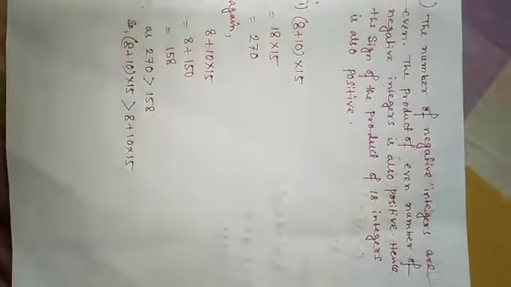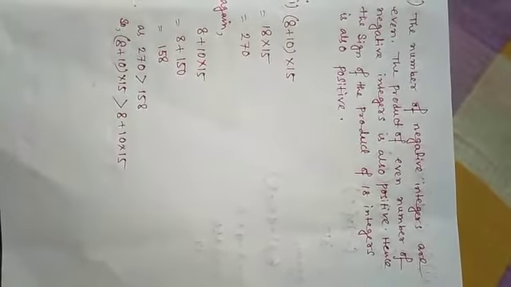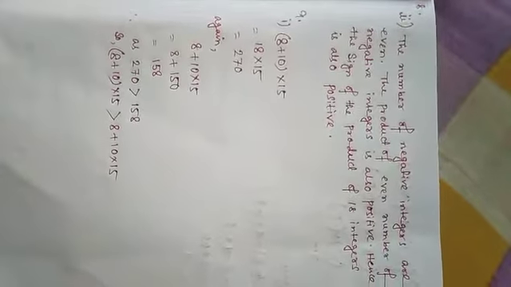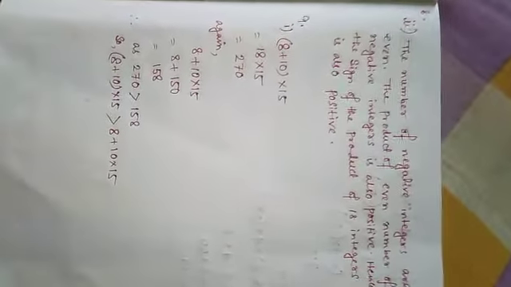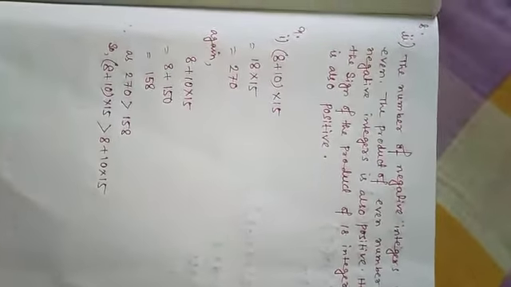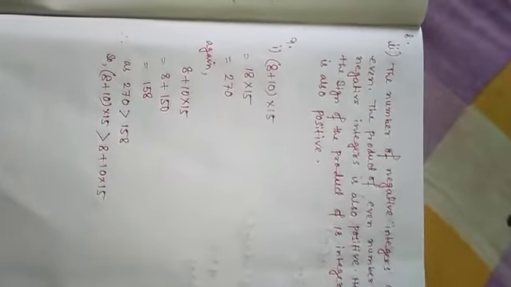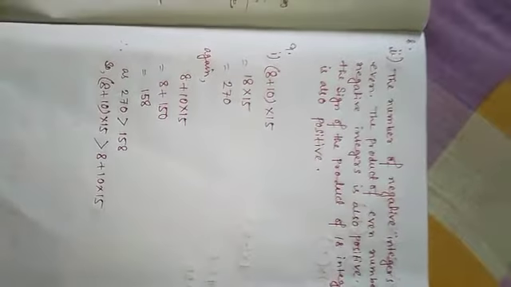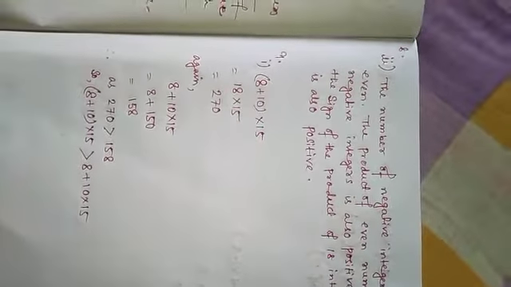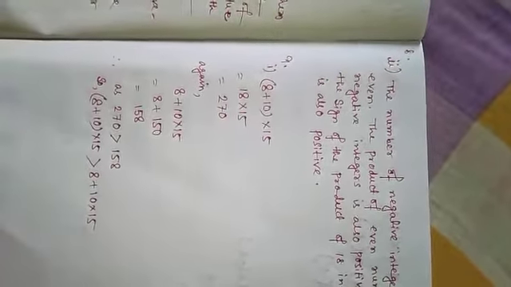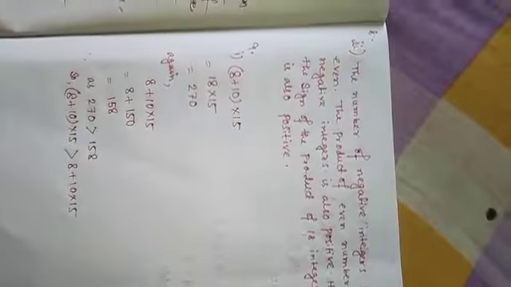Okay. Now question number 8, it is given that 18 integers are multiplied together. What will be the sign of their product if 12 of them are negative and 6 are positive? We know that the product of an even number of negative integers will be positive, and then the positive one with the product of another positive integer will give a positive value, is not it? Hence for question number 2 the ultimate answer will be positive, is not it?